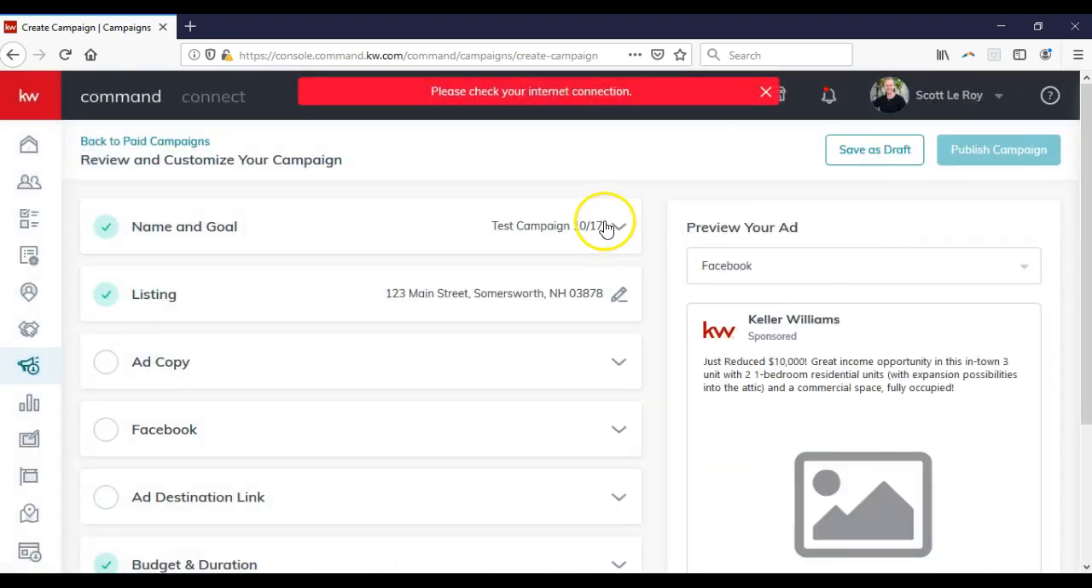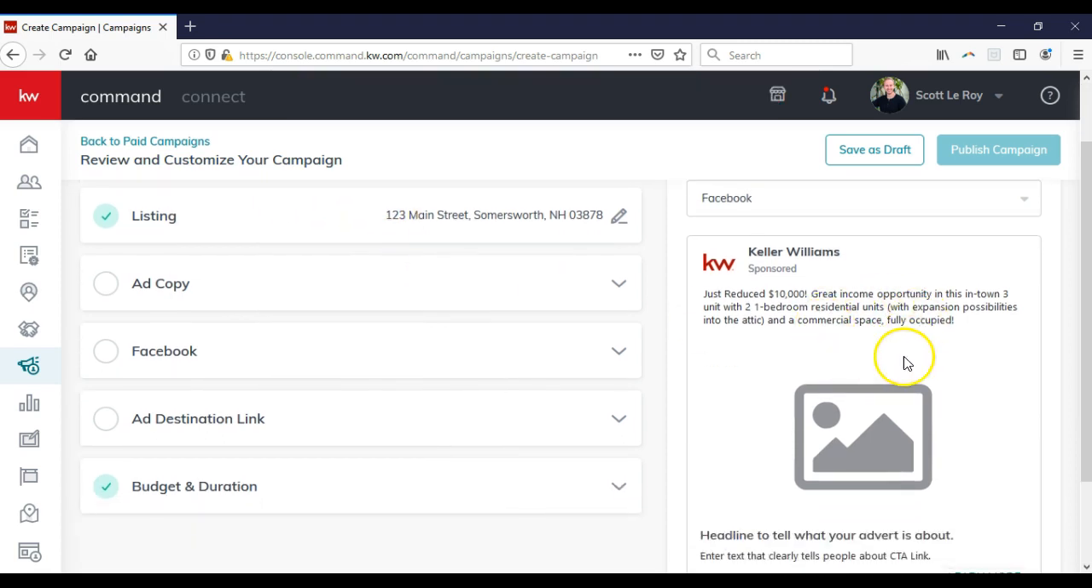All right, but I'm going to click that select option on here. And as we can see, we've got our name on here. Perfect. We've got our listing linked up now. It automatically pulled over some of our information on here, so then I can actually update the ad